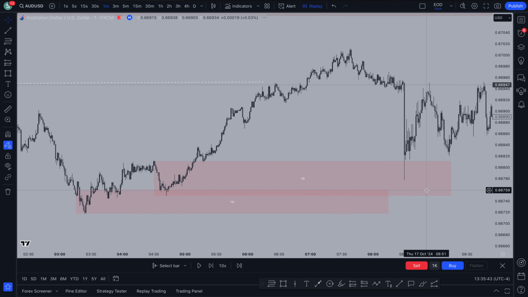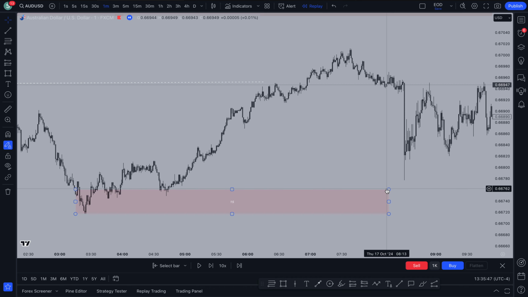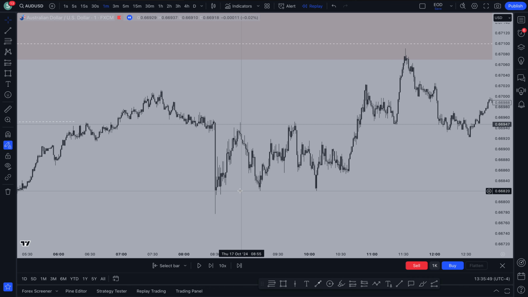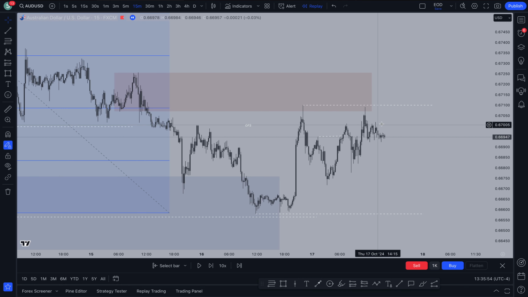Thankfully, though, you didn't have to make any decisions, because price came in and came out relatively quick with a lot of momentum, no signals, nothing given. So nothing on AU for